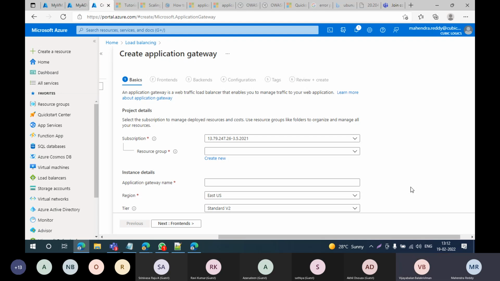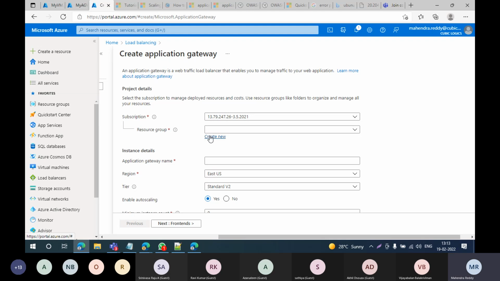Also, we want to implement certain security, like we want to allow certain geolocations and certain IP addresses. Based on certain rules, we want to allow the access. At that time we use this WAF with this application gateway to achieve that goal.